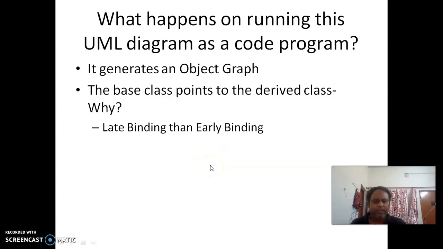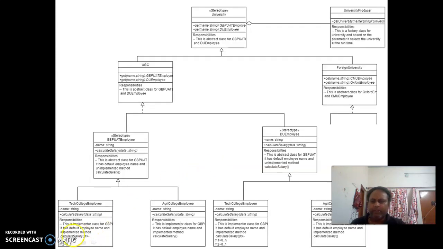Target object means, suppose I have a method calculate salary of technology college, which I am trying to invoke by using the university reference. Then the compiler will not be able to locate this technology college with the help of this university, because this is something which is traversed at runtime.